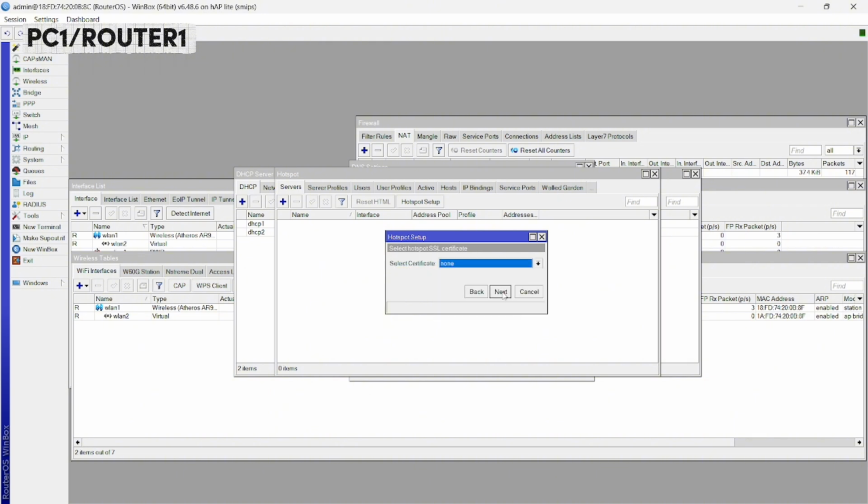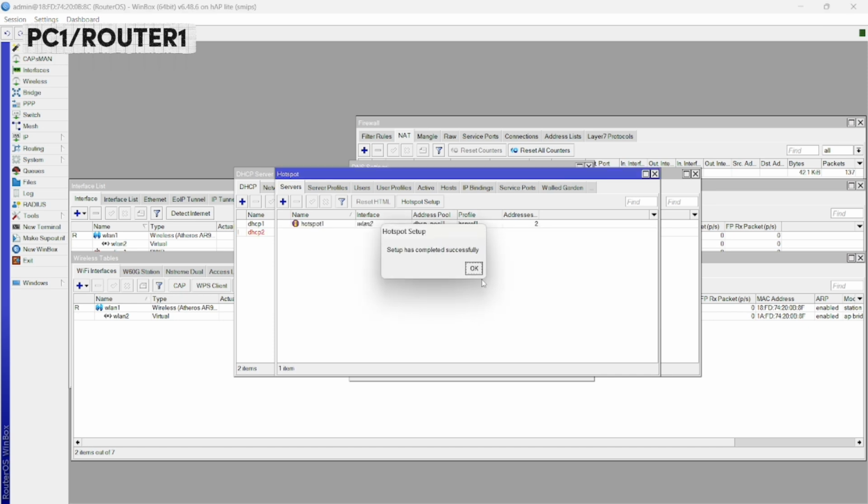Next, and create the DNS name again. And use the password 123 for an easy password. Okay.